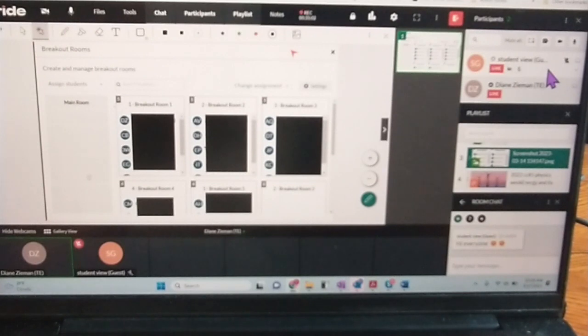So I'm just going to put the word how from my student and enter it. And if you look down here, you see that I got this little icon with a 1 on it, meaning there's a question in there that needs to be answered. Now I can choose as a teacher to answer that question right here and reply to it,